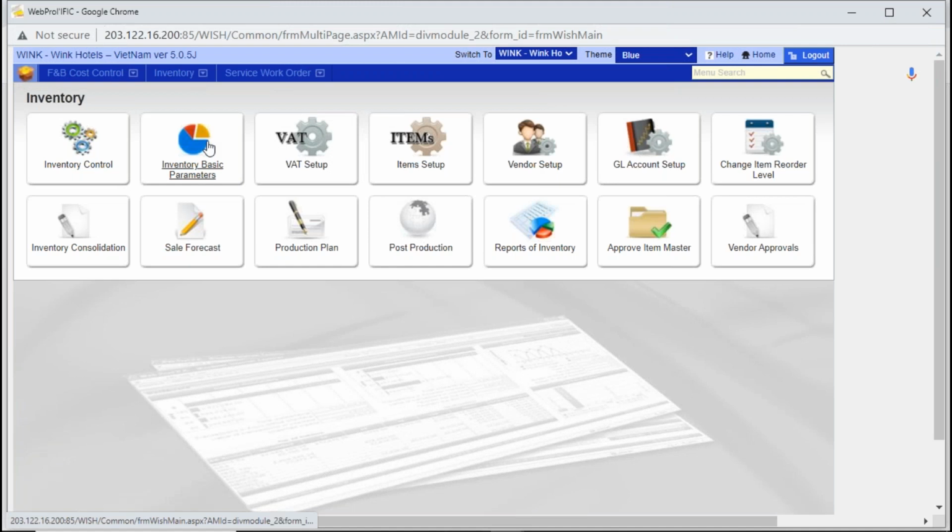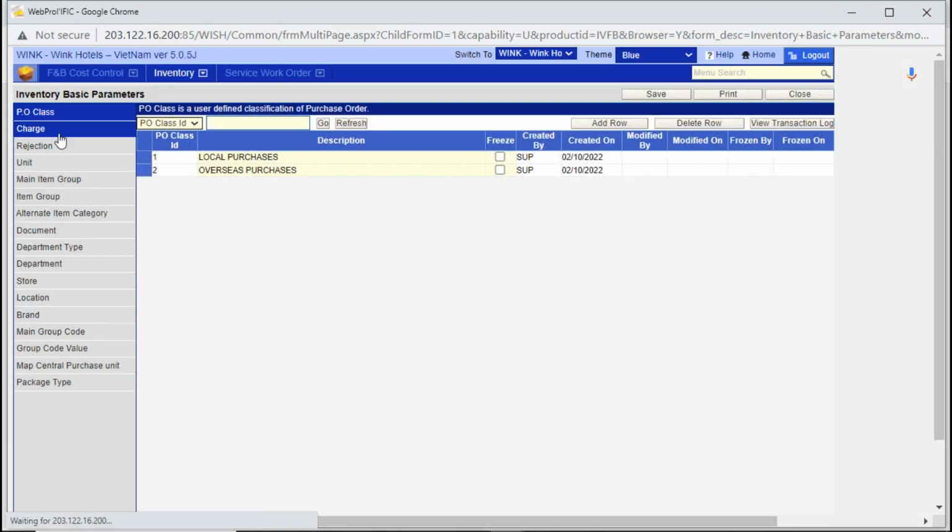Now, once the inventory control is done, then the master configuration, or what we call parameter setup, needs to be done. So this is inventory basic parameters. Inventory basic parameters will have a list on the left-hand side. You will see the entire list of configurations that are required. Not all of them are mandatory. I will tell you only those which are absolutely mandatory, without which the module will not